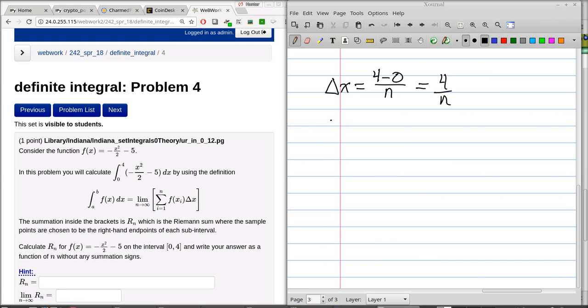And what else do I need to do? I need to figure out what xi is. So this is a right-hand rule, so like we said earlier, we're going to start with x1, which is a plus delta x, is what it always is. And a is 0, mercifully. And delta x is 4 over n. So x1 is 4 over n, and I'm just going to figure out x2 also and kind of get a feel for what these things are. So this one is going to be delta x plus the previous one, so that'll be 8 over n, and then x3 will be that plus another delta x, which will be